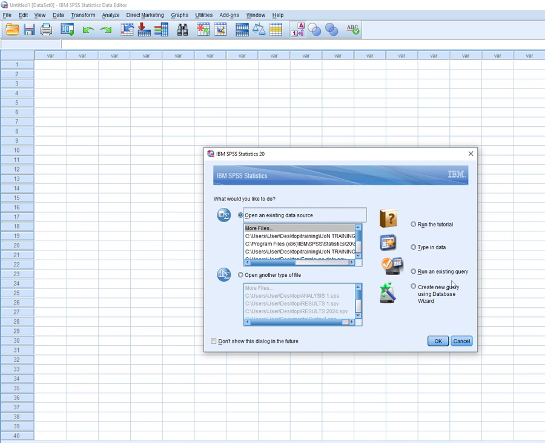Okay, so that's what we are referring to here as a query. So if you already have a script, I know maybe I'm using some terminology that is not really common, but what I'm saying here is there's a programming language that is used to access data from a server. So what your IT people will do is they will need to connect SPSS with that server. So there are two things here. One is the database language, and the other one is